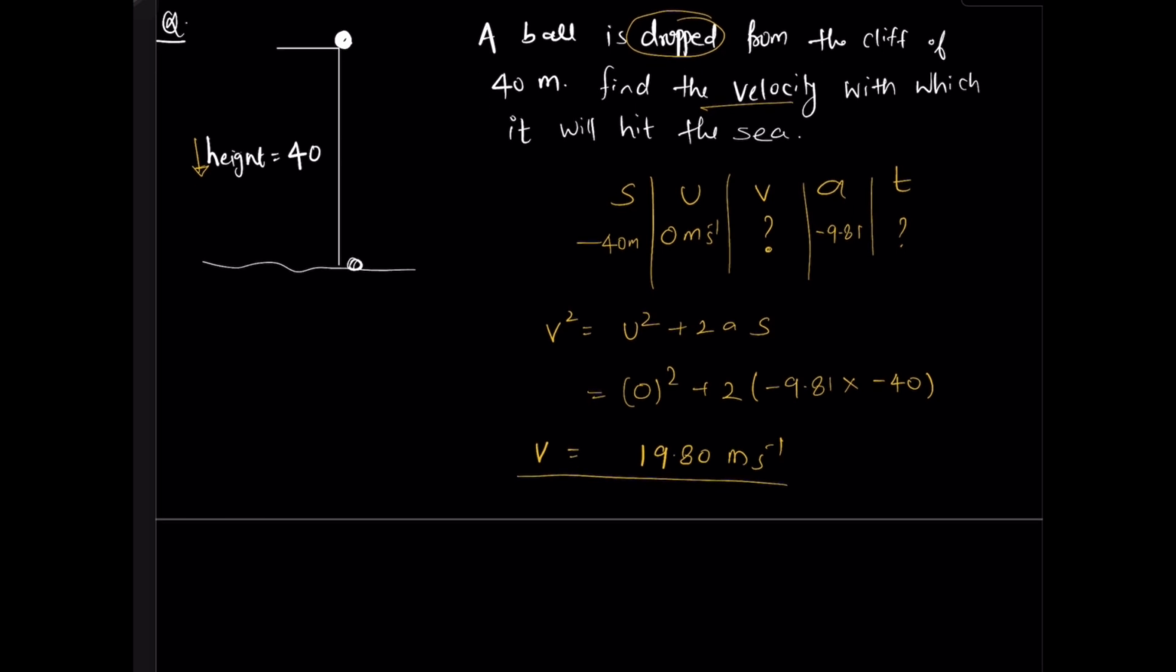In the same question, if they ask what will be the time taken to hit the sea, we use the same form, SUVAT. I'm solving for time to hit the sea. So in this case, I'm looking for the time. The displacement is still 40 meters negative. Initial velocity is still 0. V, I have already got it as negative 19.80. Why negative? Because it's going downward. So I can use v equals u plus at, and you can solve for the time as well. So minus 19.80